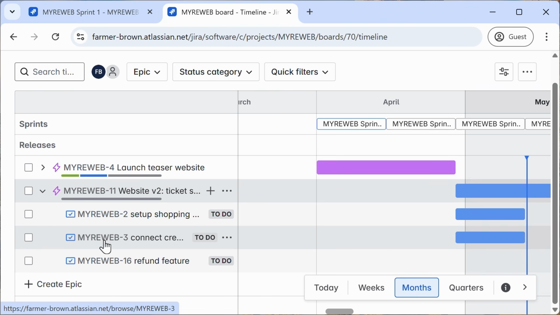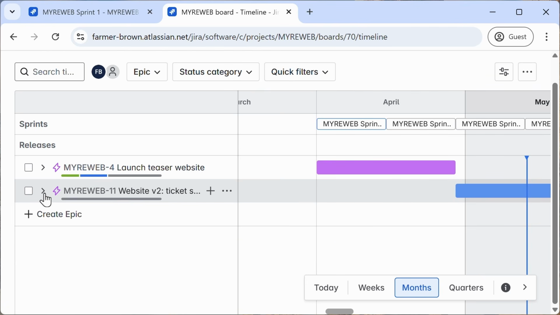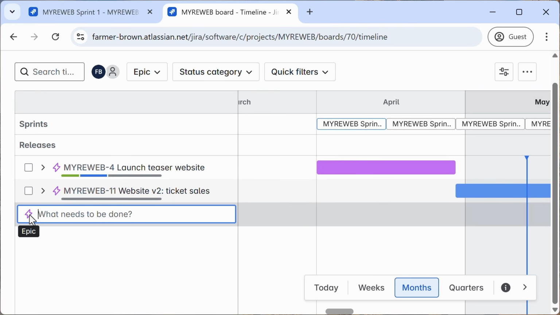That's okay. That's kind of a key part of Agile methodology. Things that need action soon have much more detail and planning associated with them than things that don't need action for a while. But I can still plan for those things that might not happen for a while yet. So I'm going to create another epic. I'll give it a name. I'm going to create one for